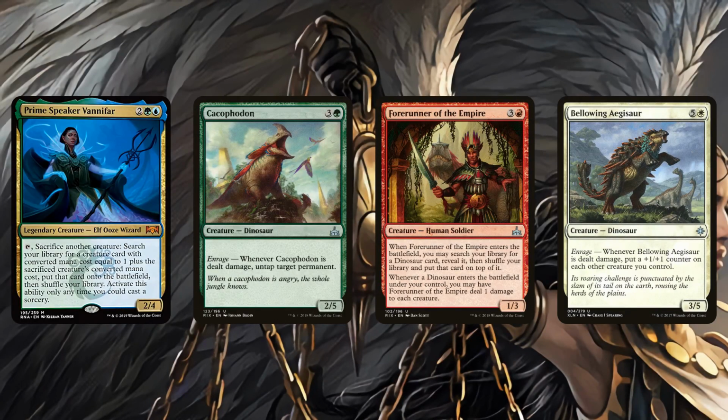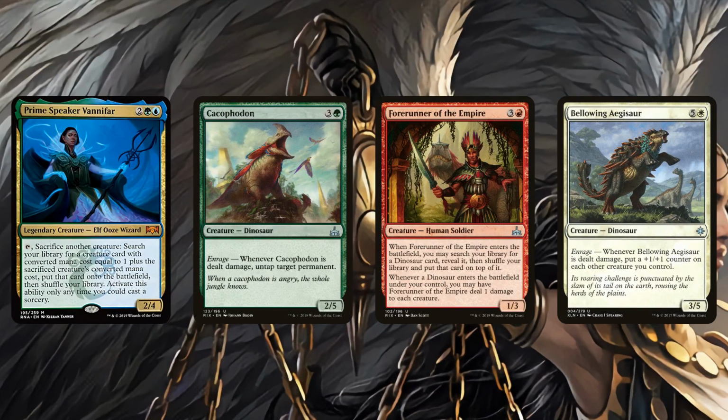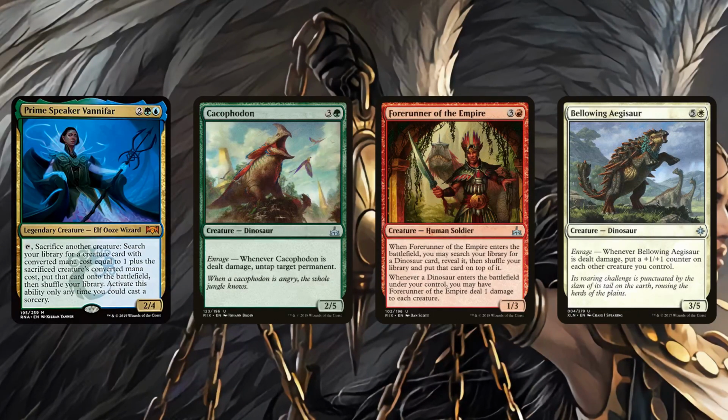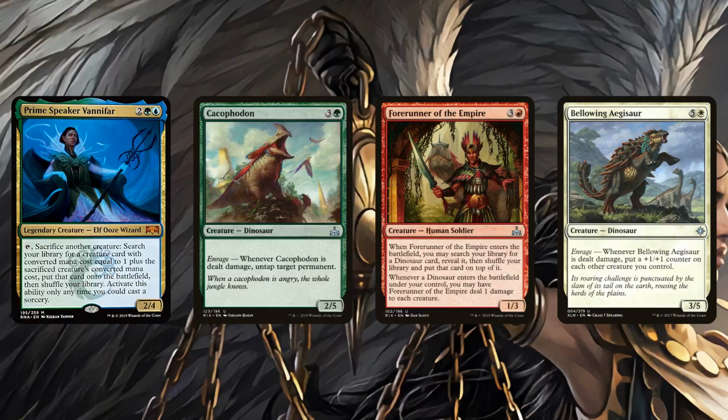dinosaur with an enrage trigger that lets you untap target permanent. If you can also have out a Forerunner of the Empire, where whenever a dinosaur enters the battlefield, you get to ping everything, which pings Kekafadon, which then untaps Prime Speaker Vannifer, which lets you stack something else to get another creature. If you can throw Bellowing Aegisaur into this mix, maybe tutor it up with the help of